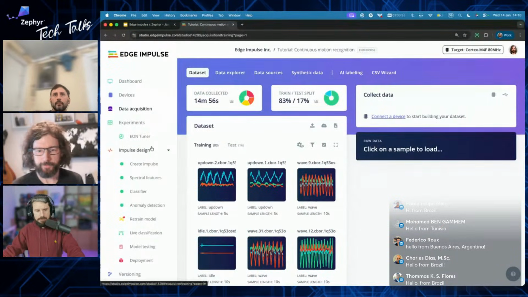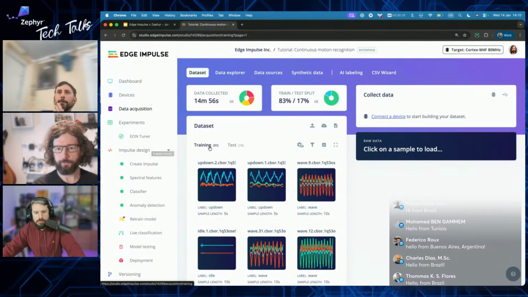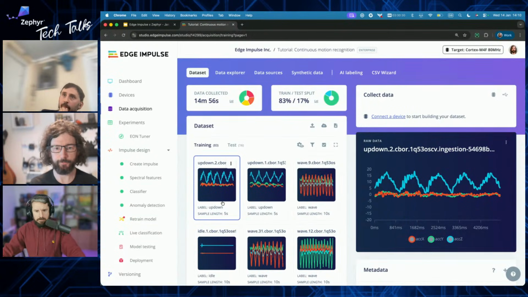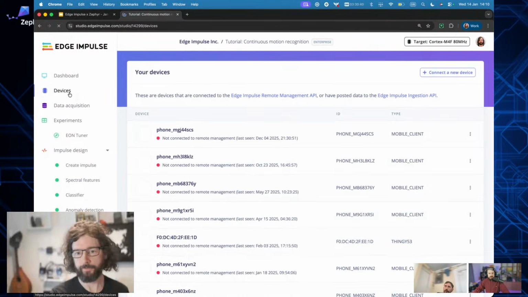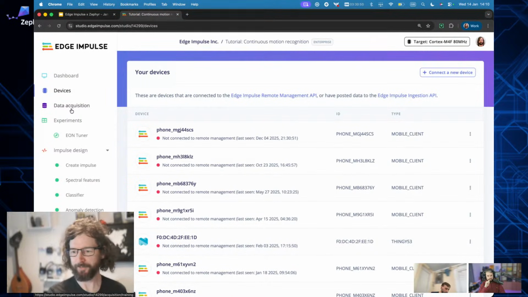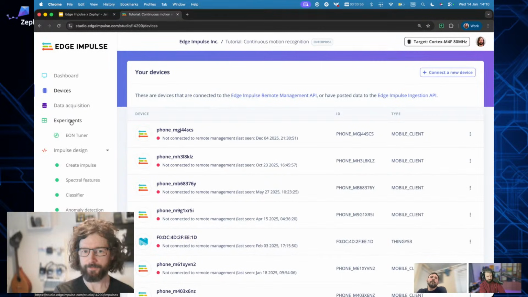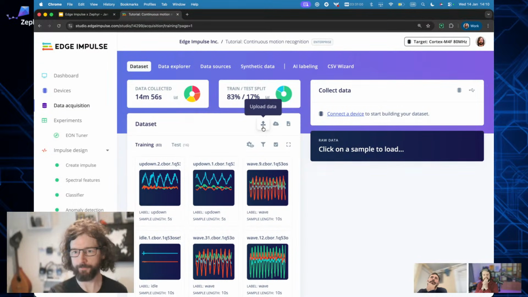Alrighty. So it all starts with data, and we like your sensor fusion example that you spoke about earlier, that was time series data. We've got our accelerometer, which is our X, Y, and Z. And we can see here that we can connect a device. It could be your phone. It could be one of your Zephyr devices if you've got your data acquisition code written and connected, which we're working on at the moment for the module. But we've got some really great progress so far. So it starts with a sample that we can collect, and we can do that with our mobile phone. Anyone who's attending right now would be able to,